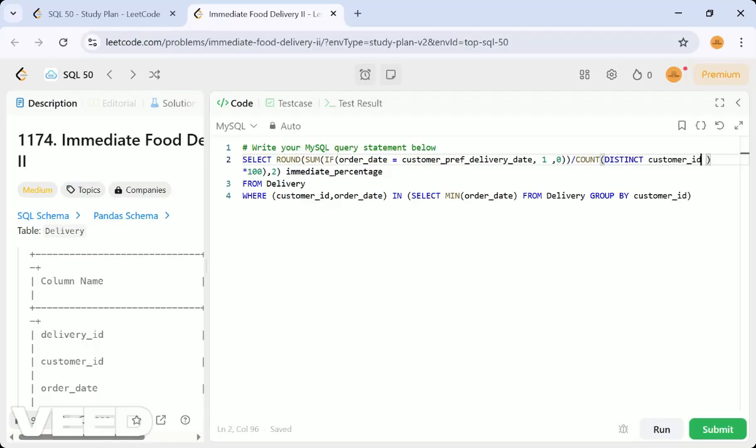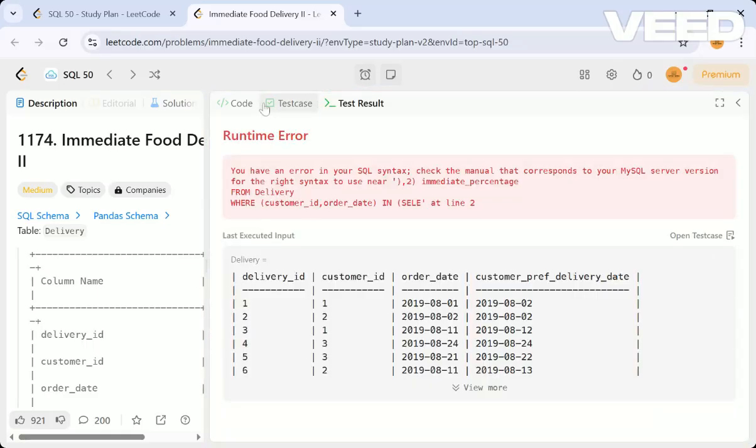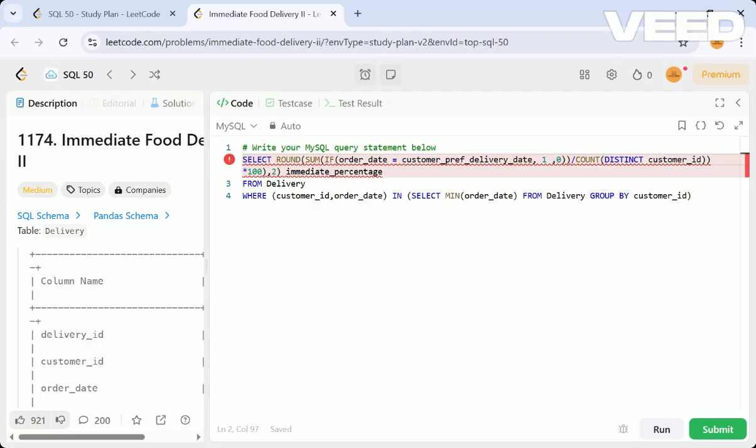You understood, right? Count of distinct customer ID, and that should be multiplied with 100 to get the percentage. See, I have given some extra commas, it seems.